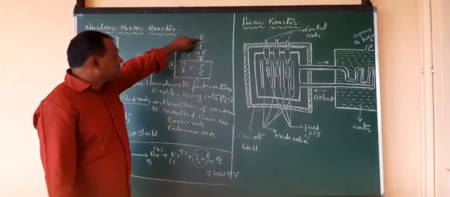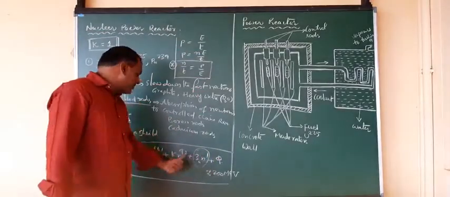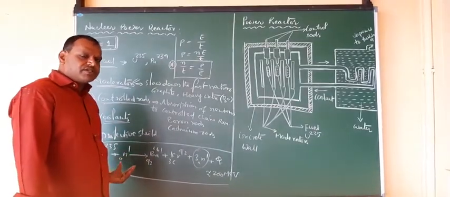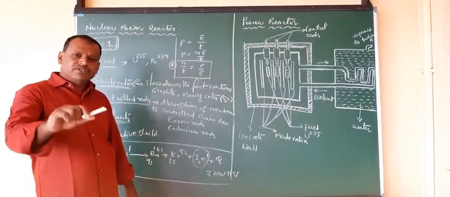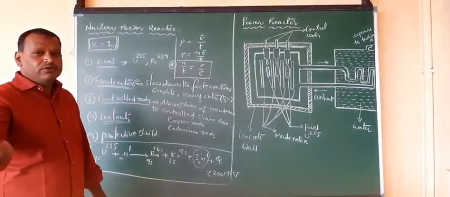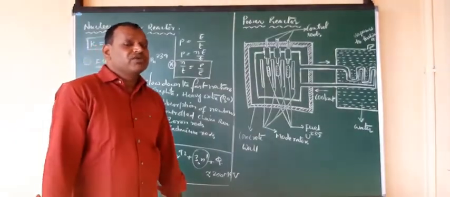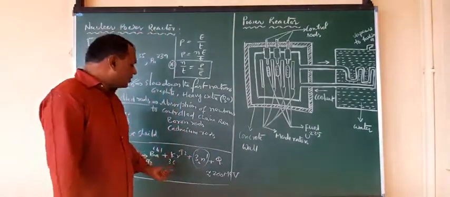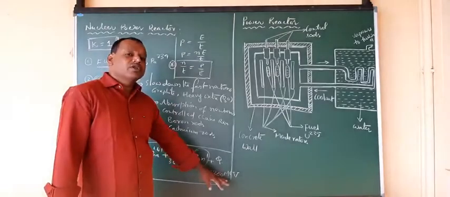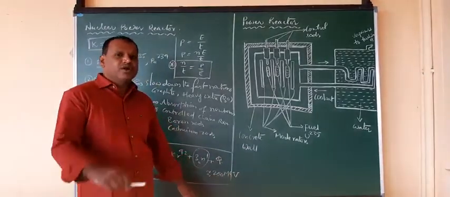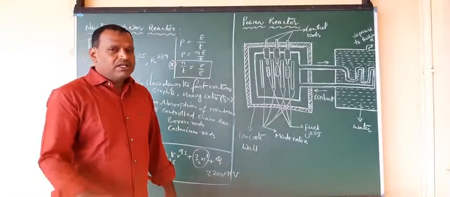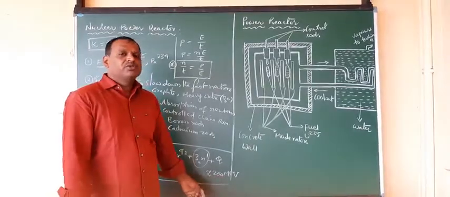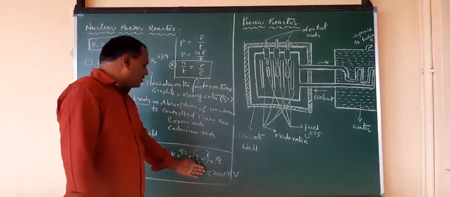So how can you calculate this energy? Already I gave here the mass defect, that is the difference between the mass of the product side and the mass of the reactants. The difference is mass defect. That mass defect is converted into energy by using the mass energy equivalence given by Einstein's mass energy equation. By using that, you can calculate, and we got nearly 200 million electron volts. Already I said it is 208 million electron volts, but in general calculations, we take 200 million electron volts. Right? So that is the energy that can be generated.